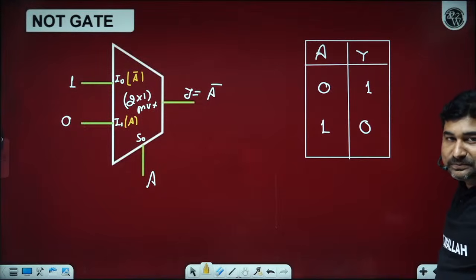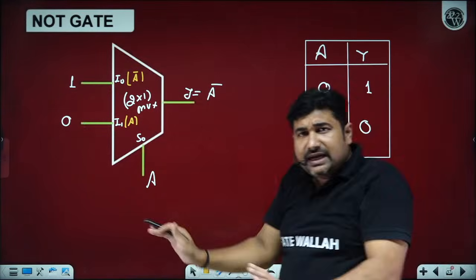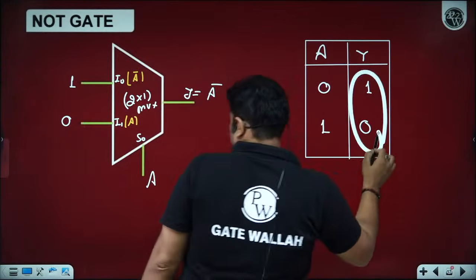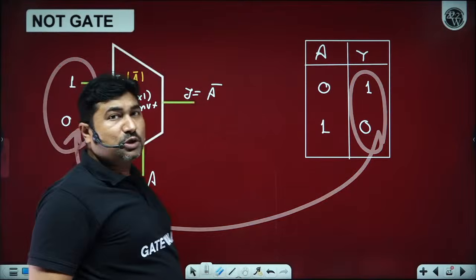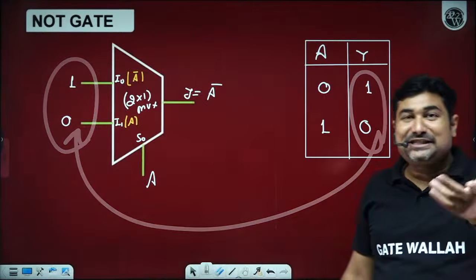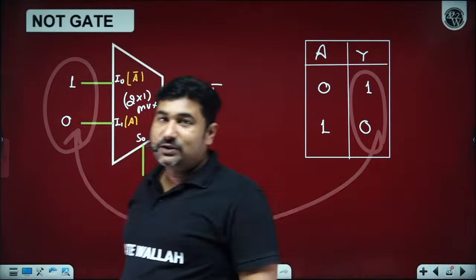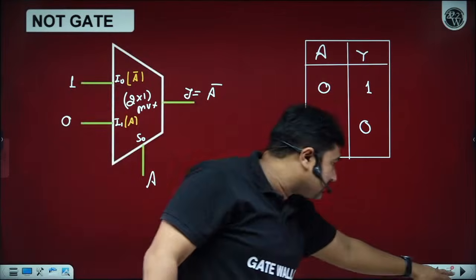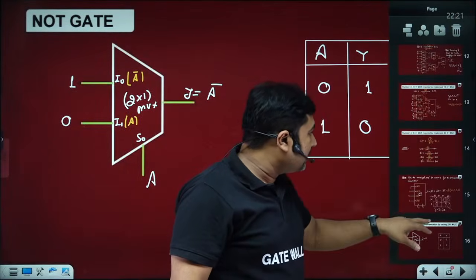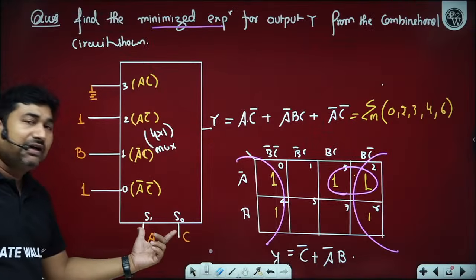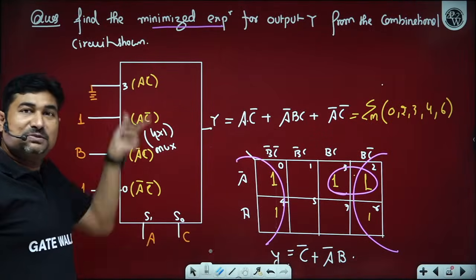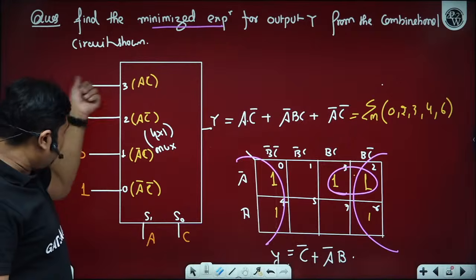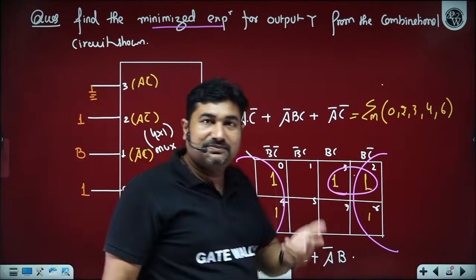Whenever we can put all the variables onto the select line, it becomes very easy. You can just copy this and paste it here. That is why the multiplexer is so choosable. It is very easy to implement any function. In any circuit, for 2 variables we have 4 possibilities, so all the 4 possibilities are here. Basically, whatever you want at the output, you can just put at the input. That's all.